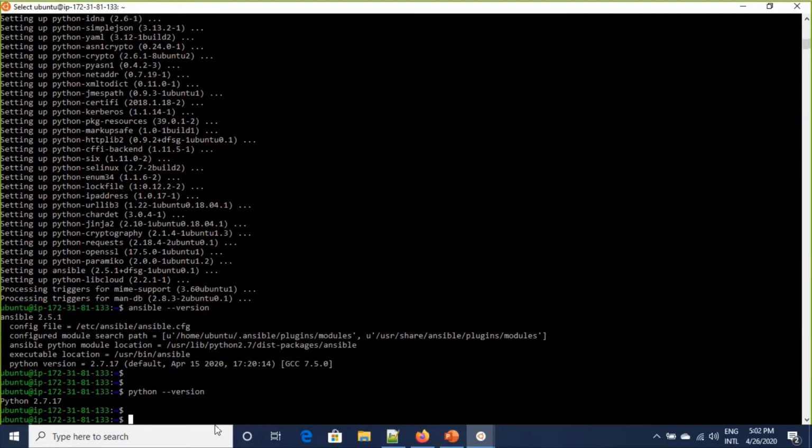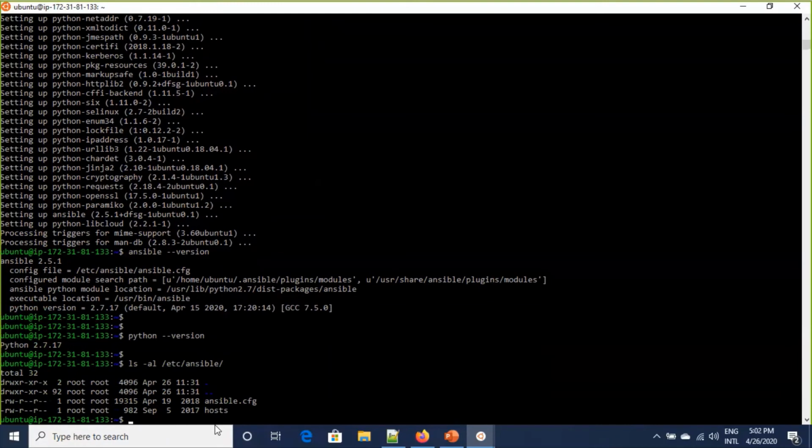Okay, so now we can check the directory structure of Ansible. It is installed in /etc/ansible. There are two files, the ansible.cfg config file and the hosts file.